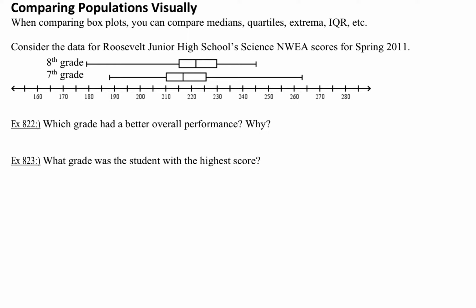So consider the data from Roosevelt Junior High School's science NWA scores for spring 2011. We've got 8th grade and 7th grade. Which grade had better overall performance? Now, better overall performance would be better average. They have higher scores on average. And if you look at the shape of the box, the 8th grade box is further to the right. So I would say that 8th grade,